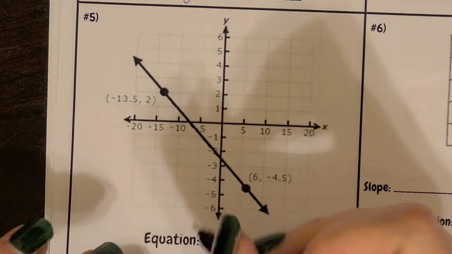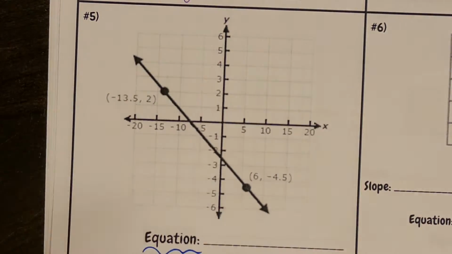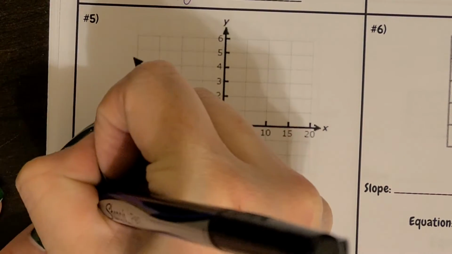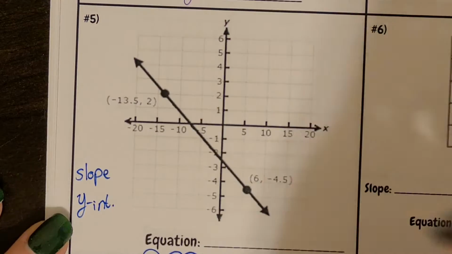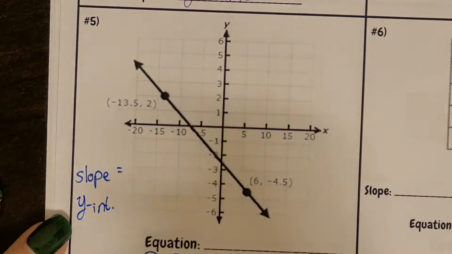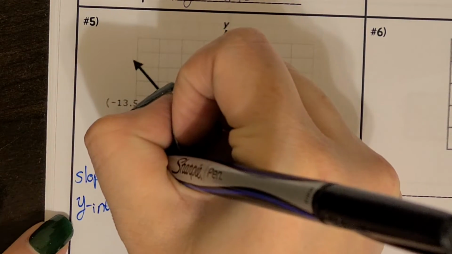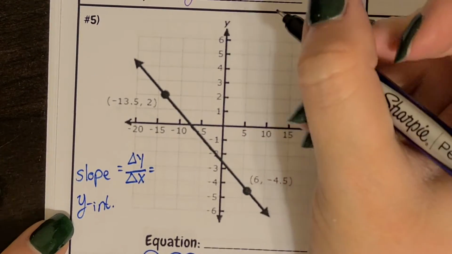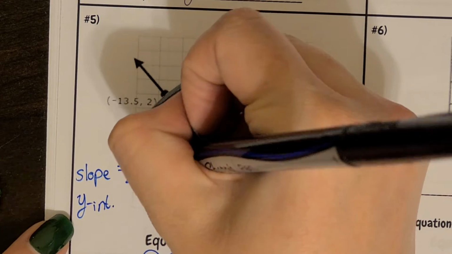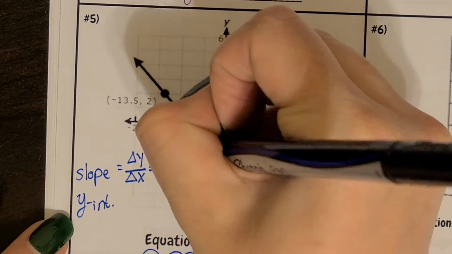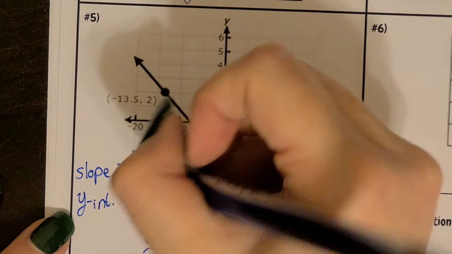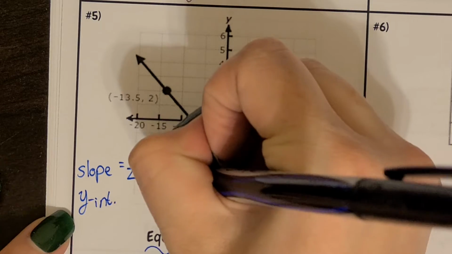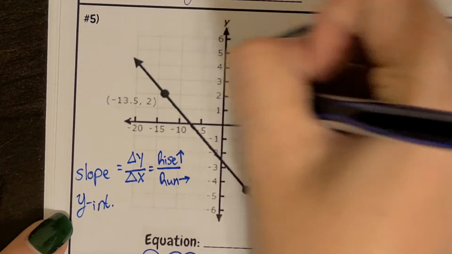Number 5 gives you this graph and it wants you to write the equation. So in your Google form, you're going to have to type in what your slope is and what your y-intercept is, okay? Remember, your slope in any form is always the change in your y's divided by the change in your x's, okay? On a graph, you can visually see that by looking at your rise, how far up or down your y values are from each other, and then your run, how far over you have to go